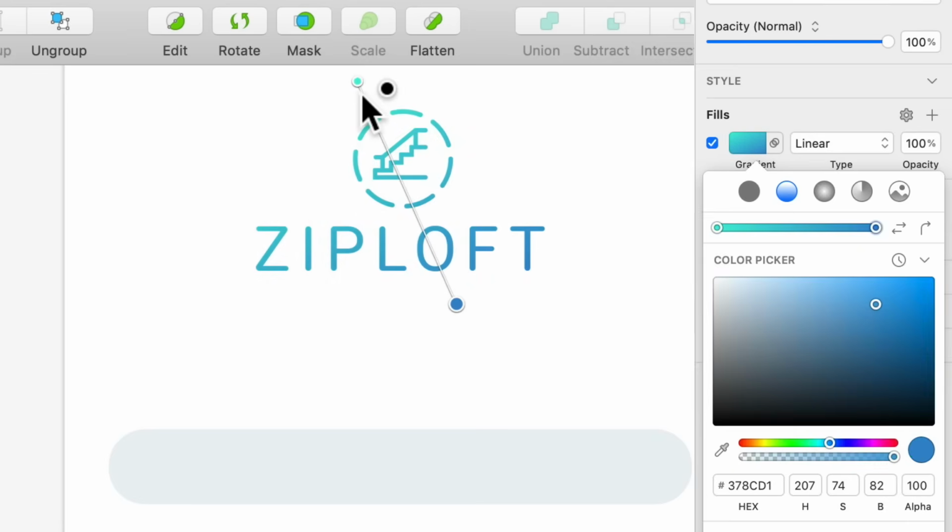Also, when you click on a point here, it switches the color picker over on the inspector to work with the selected point so that you can change that color. When it comes to the directionality of a gradient, there's a button here to reverse the 2 points. And there's also a rotate button so that you can rotate 90 degrees at a time to change the angle